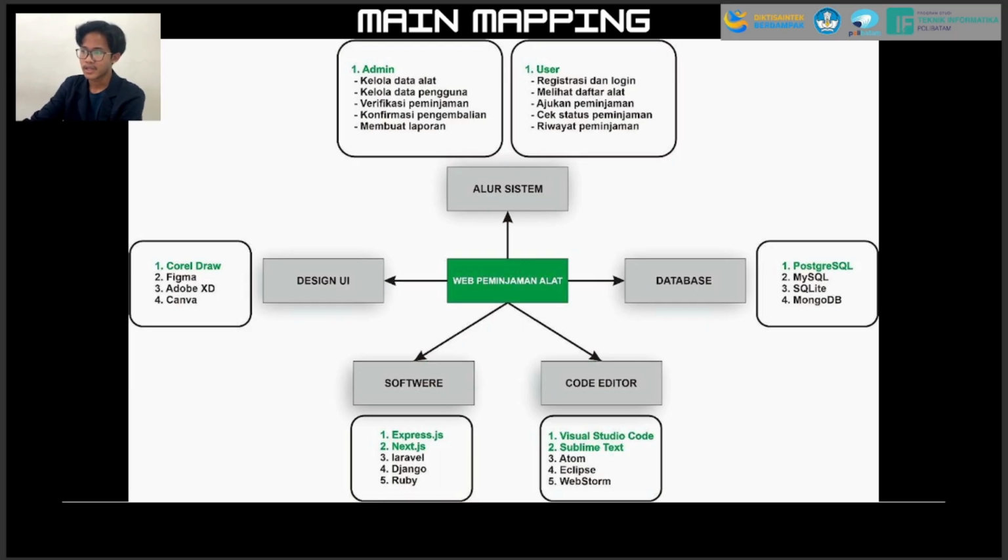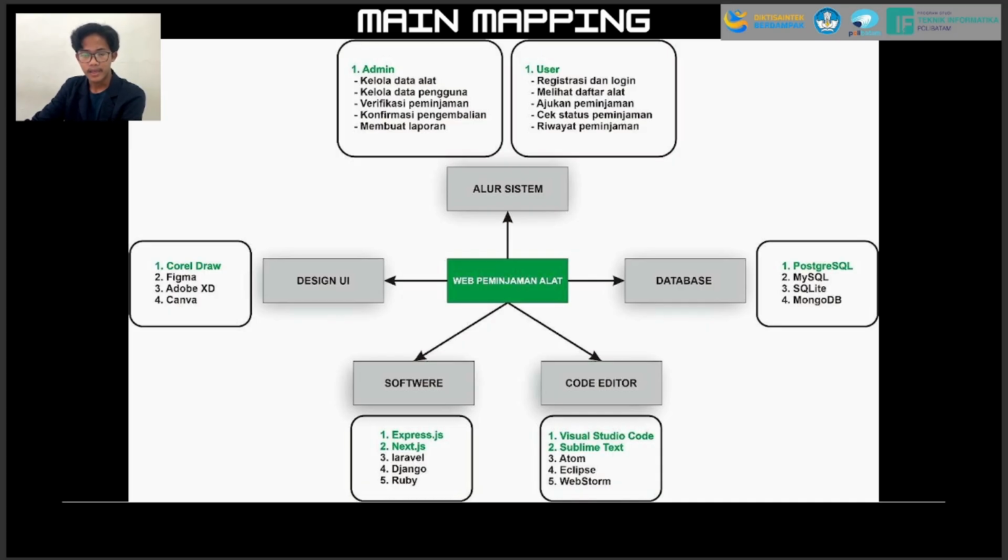For the code editor, we use Visual Studio Code, and for the software for the backend and frontend, we use Express and Next.js, and for the database we use HeidiSQL, and for the design UI we use CorelDRAW. The other system from the admin and user you can see in the PowerPoint we display.